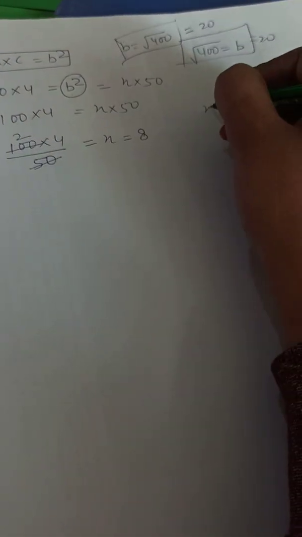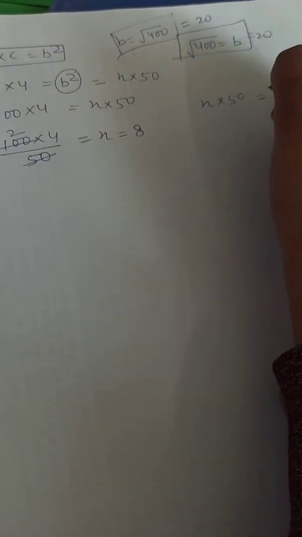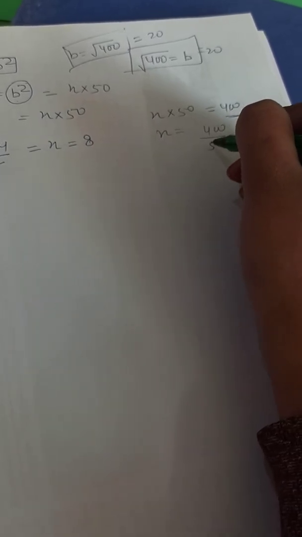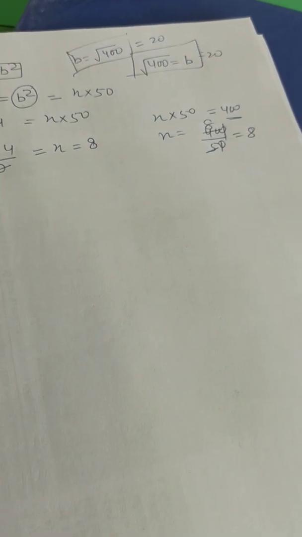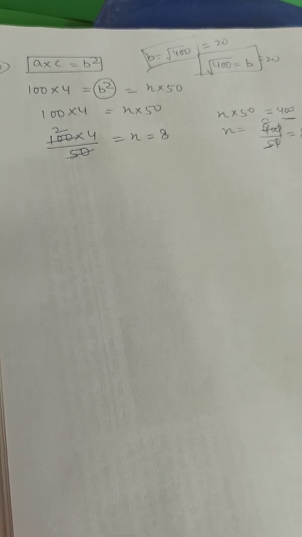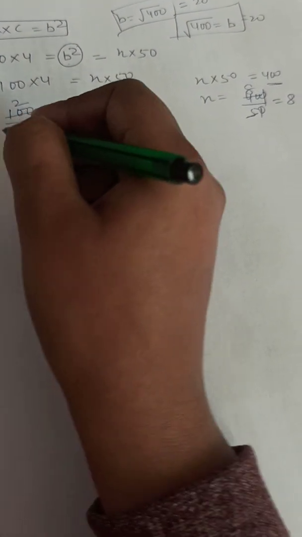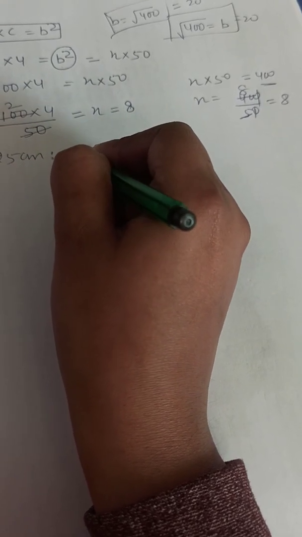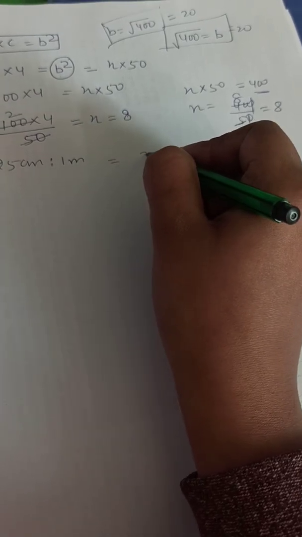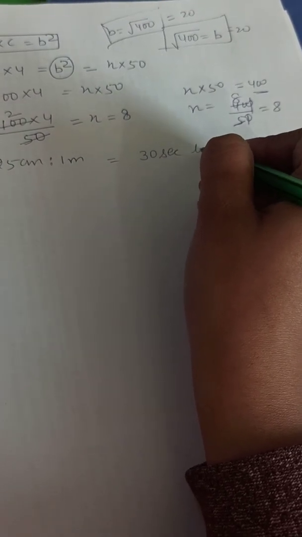Like here x multiply 50 equals to 400, right? Because b square is the mean proportion. 400 divided by 50, 0 cut by 0, 5 8s are 40, then again the value of x equals to 8. Right? So this is about the comparison. Now come to the question number 11, that the ratios of 25 centimeter to 1 meter and 30 second to 3 minute